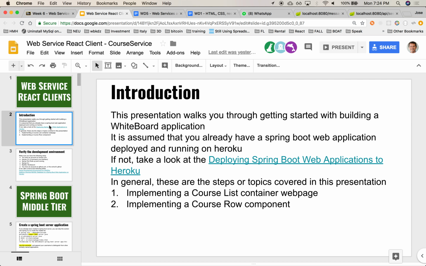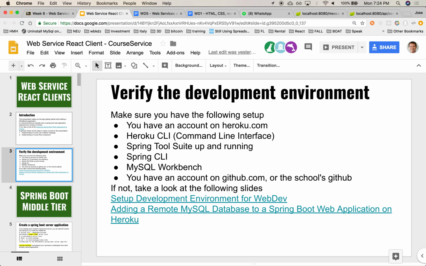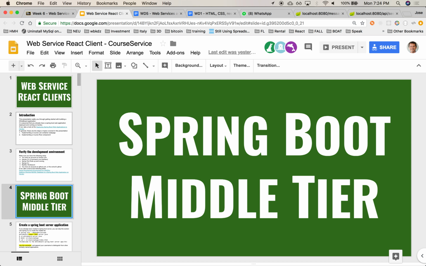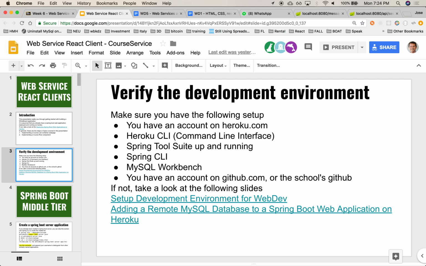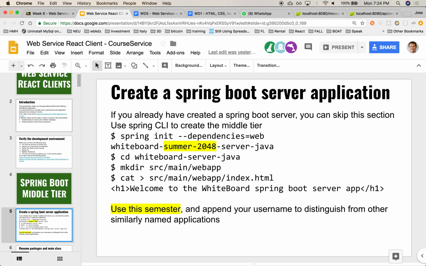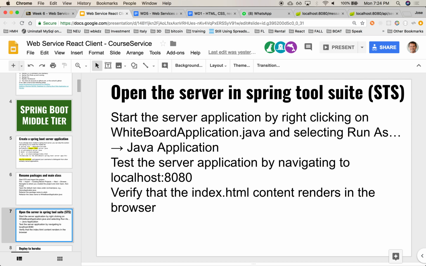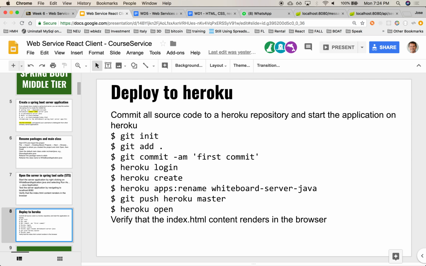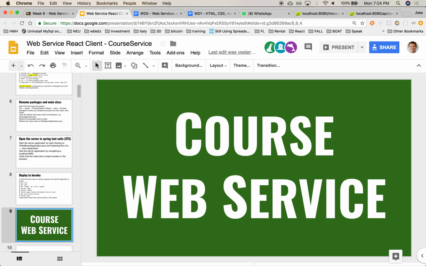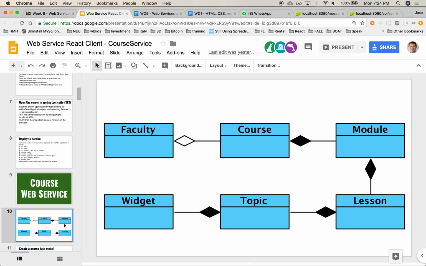So this assumes that you already have a server-side application, that you perhaps have even a React application that might have some UI already, and that if not, this walks you through implementing a quick middle tier that it's working and that you're deploying it to Heroku. We're not going to deploy to Heroku today. And so let's get started with a simple web service,